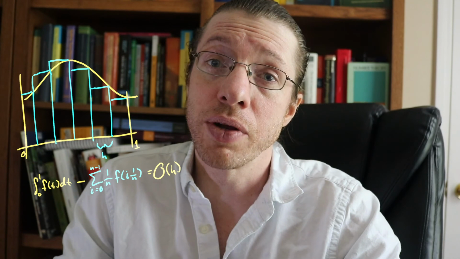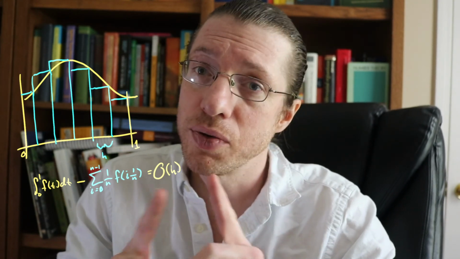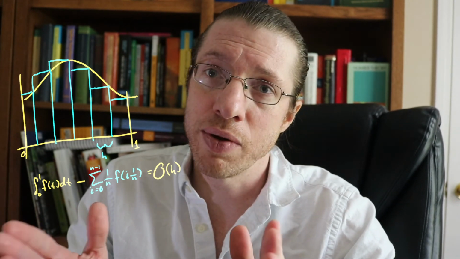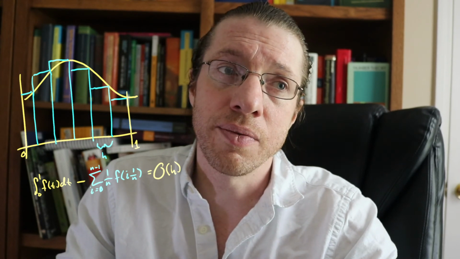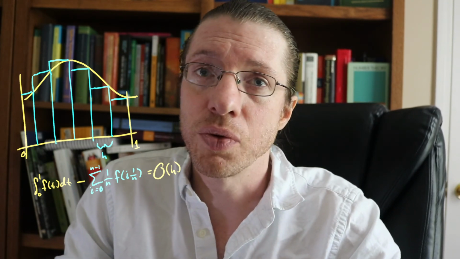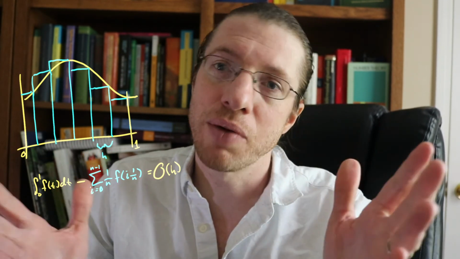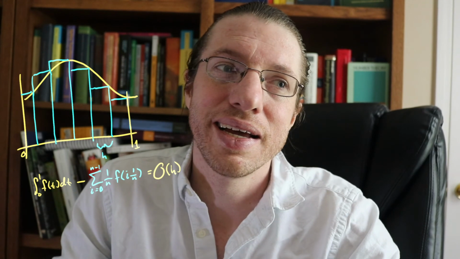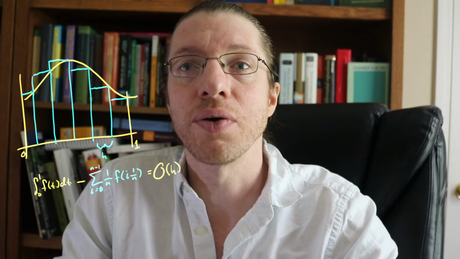But if we talk about integrals, usually we're going to have an area under the curve that we're trying to compute, and we're going to be doing that with a lot of rectangles. Each of these rectangles has a width to it. If we use more and more rectangles and make the width smaller, ultimately we're going to have some sort of convergence based on that width going to 0. We'd like to be able to dominate the error by some other quantity h, and a really convenient way of writing all this down is in big O notation,